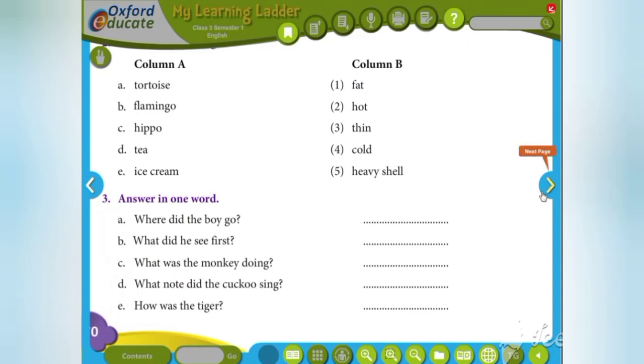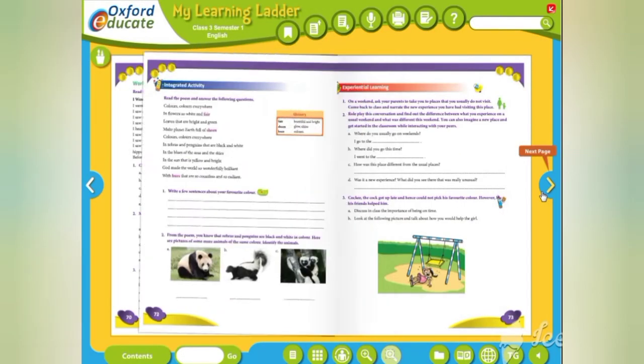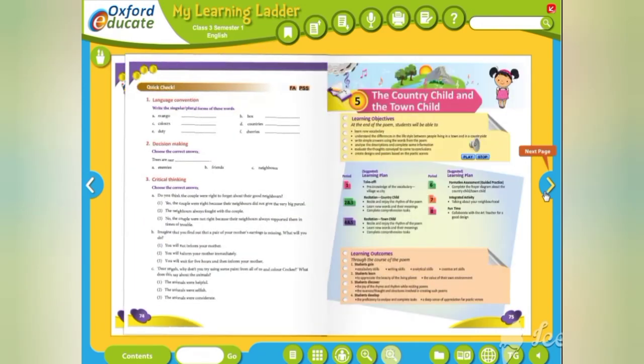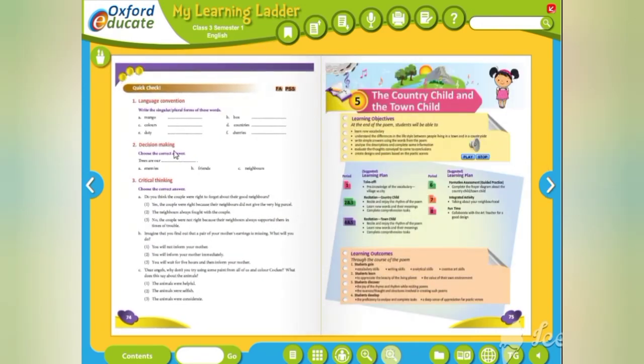Okay, now we shall move to the next page. So the next page is integrated activities. You just read and if you want you can mark it. Okay, my dear kids. For this page number 74, this is also your homework. First question, second question and third question. You just read and you can really understand what it is. With the help of your parents, you just mark this.